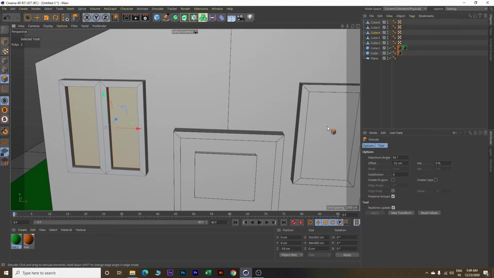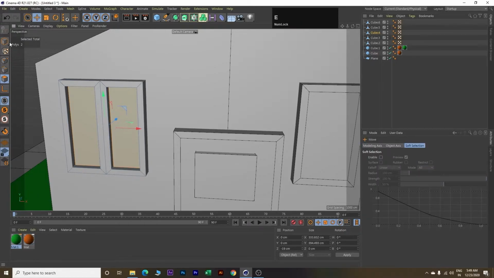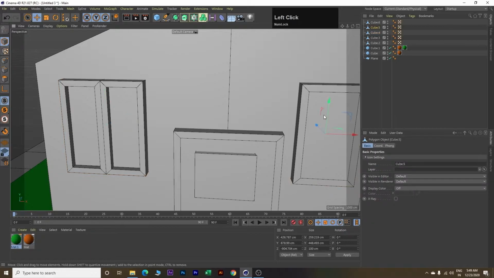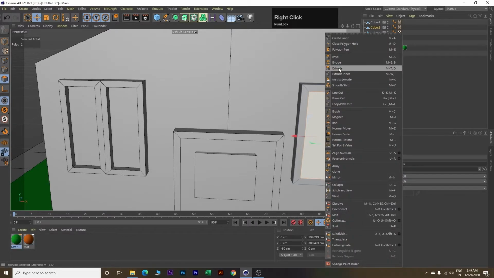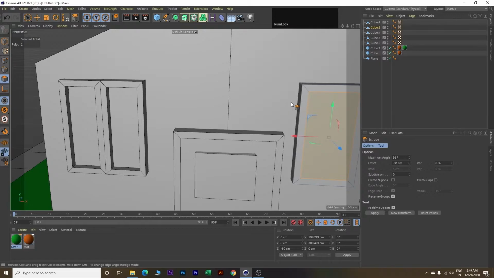Again, we will go to this next window. So click E on your keyboard first. Click on Model, select this window, click on polygon, select this top polygon, right click and extrude. Again, click and hold the left mouse button and drag your mouse towards the left. Perfect. So again we have made this offset value as -31.